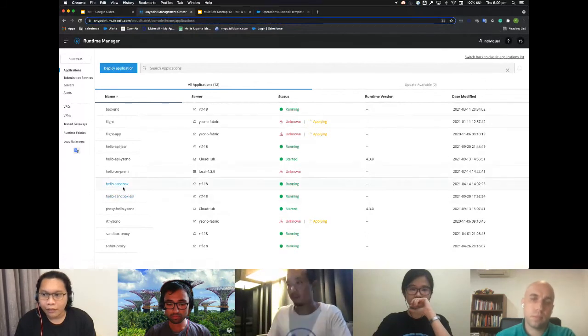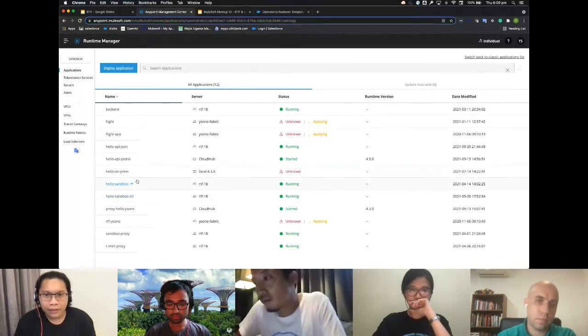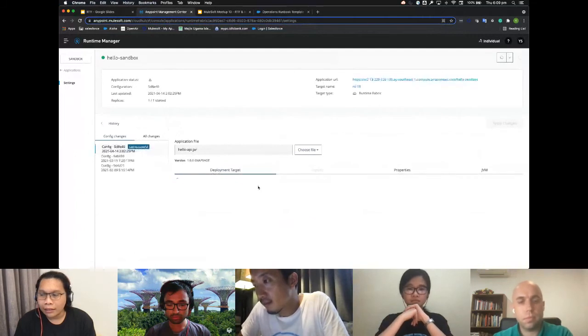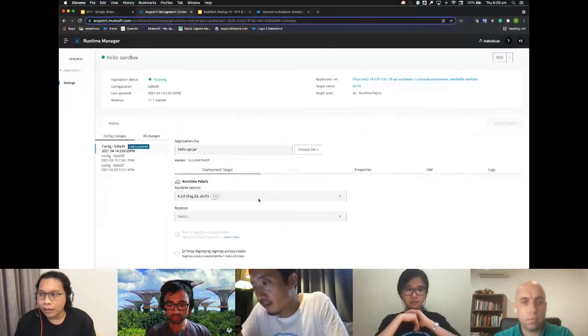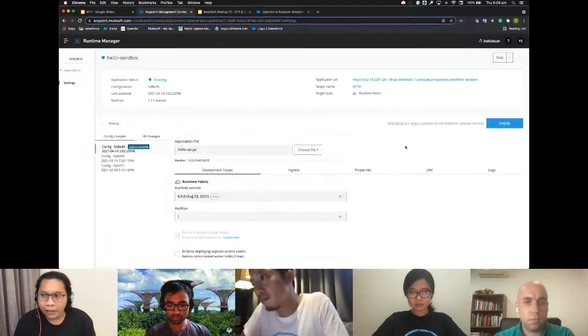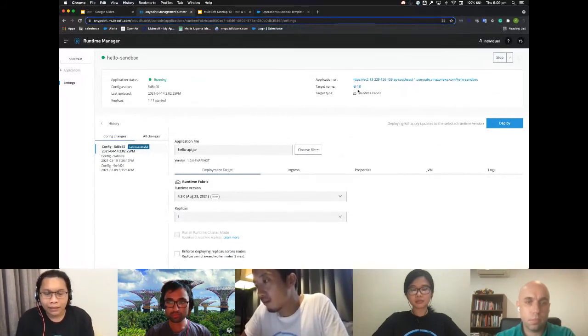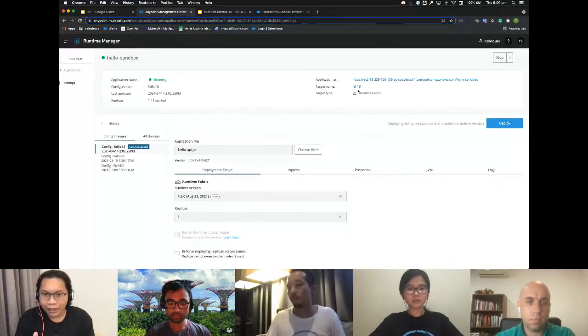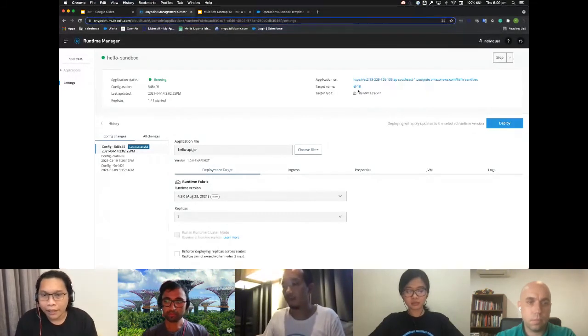For example, for my application, I just want to change the target: stop this one and deploy again to another instance, and then do what we call a blue-green approach. First deploy both applications, and after the one on the target is ready, shut down the other application.